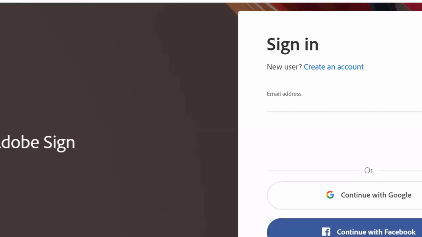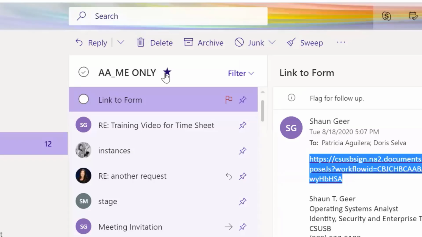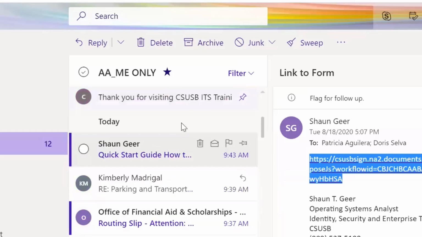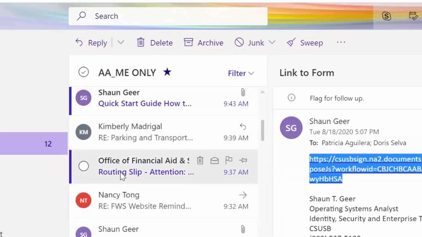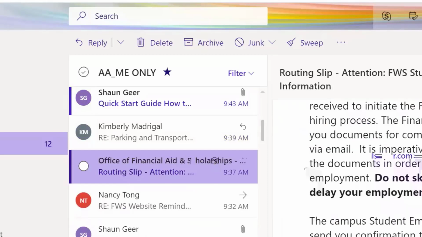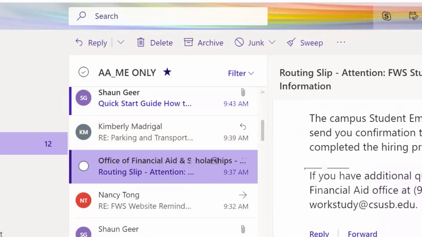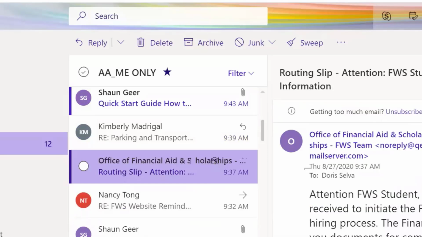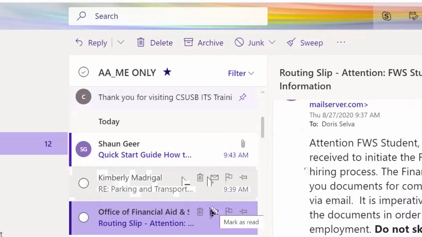All right, so I'm going to go to my email in my role as a student. And here's the email that I received. It's just sending me a note not to skip any steps and to complete it, etc. So this is the initial email that reminds me that a request has been submitted. The next email,